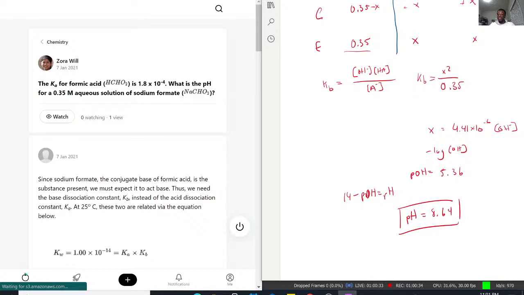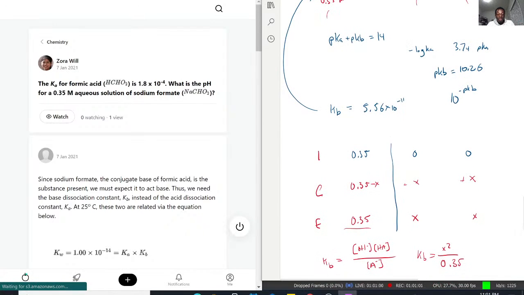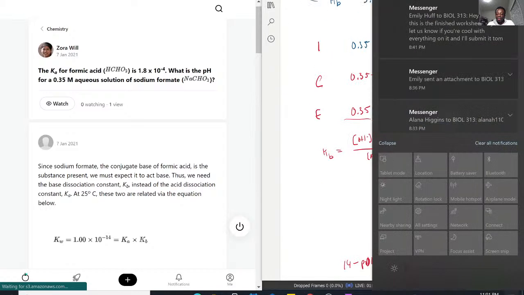As you can see with this question, a lot of steps were involved. The reason I'm going over it is because it's important that we work with the material given. We were given the Ka for the formic acid, but we're given the molarity of its conjugate base. So we need to work with the Kb. We don't know how much conjugate acid we have without using the Kb value to see how much it dissociates. So that's how we did that. And then once we were able to find our ICE table, we were able to more properly